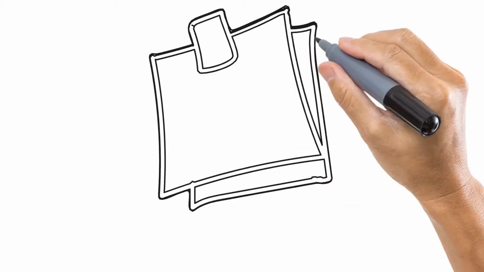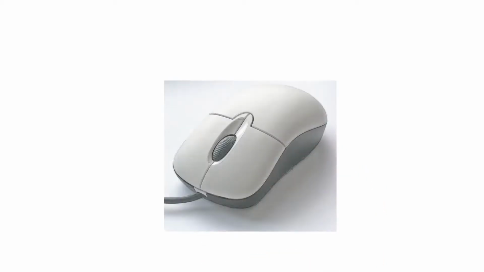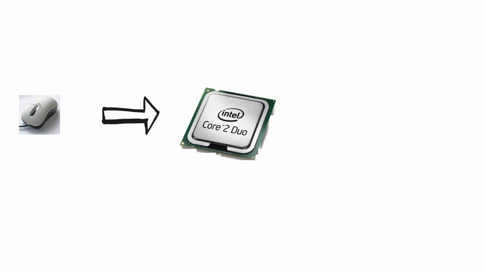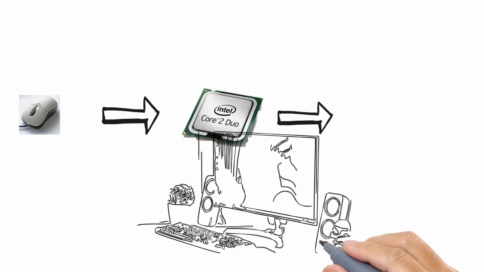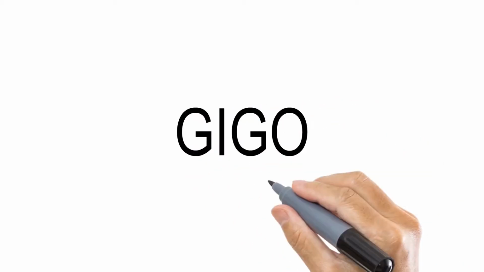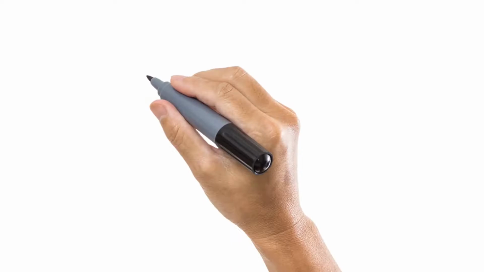Data is basically a raw fact in computer language, and information is the final processed form of those raw facts and figures. It receives any data through the input unit, processes it using the processing unit and memory and storage, then presents the final information or output to the user using the output unit. Now a computer works on the principle of GIGO, which means garbage in and garbage out, which means if a user passes a garbage input, then he or she will receive a garbage output only.